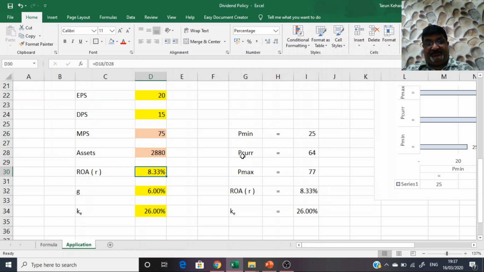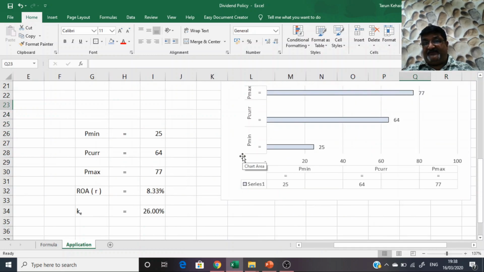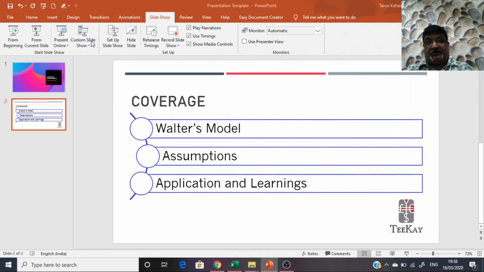The return is only 8.33%, whereas the cost of equity is 26%. So it's always better for the company to distribute more and more dividends. And here the company is distributing 75%. 75% of 20 is 15. So the company is forecasting to distribute 75% of its profits, and therefore the forecasted share price is moving towards the maximum share price and farther away from the minimum share price. So if you look at the graph here, which changes automatically, if the company follows an appropriate dividend policy, the forecasted share price will move closer to the maximum and farther away from the minimum. So this, my dear friends, was the Walters model,